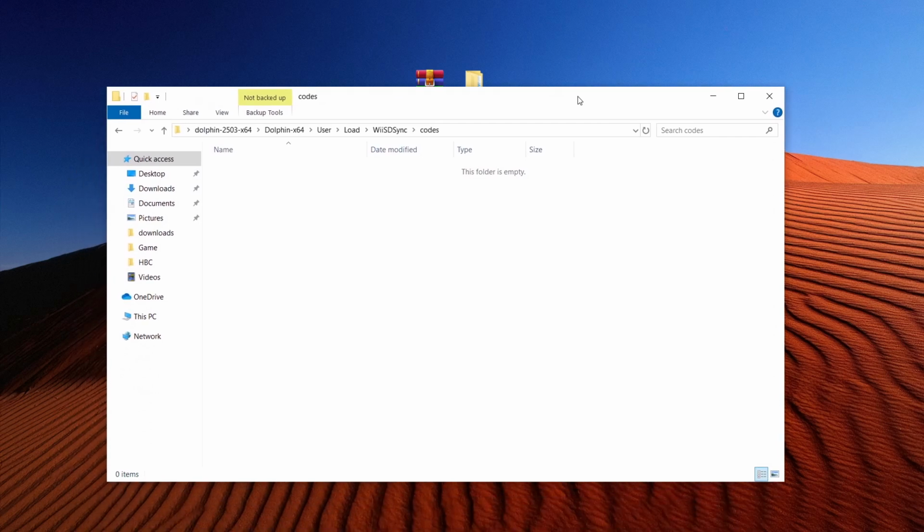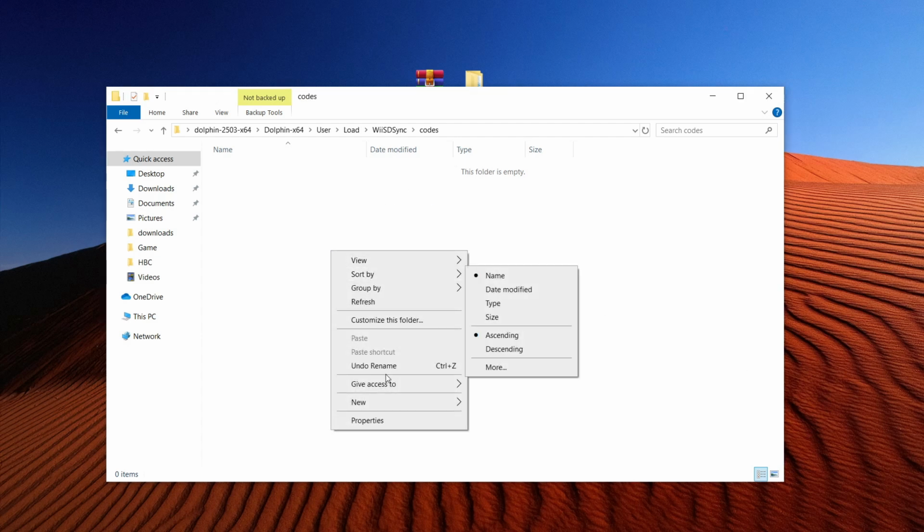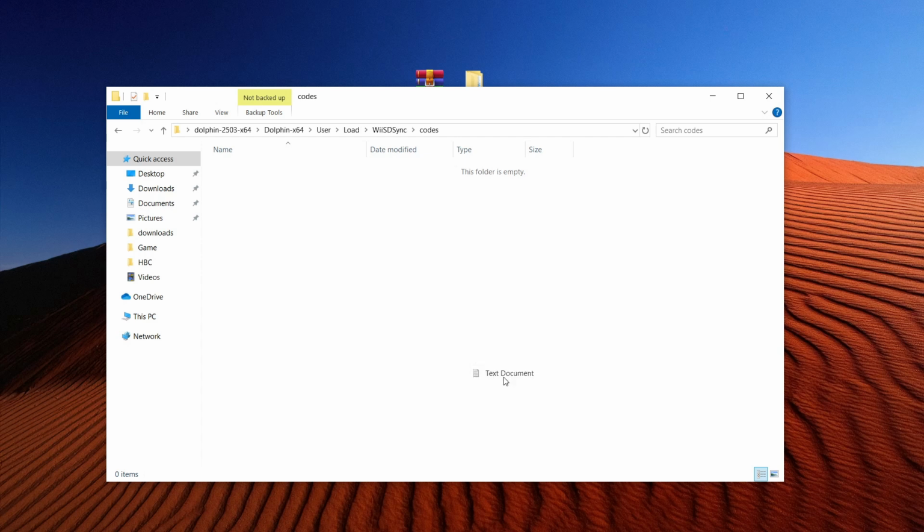But the first thing that we're going to do, and again, this will be a copy paste in the description, is we're going to first make inside of here a text file, and you're going to call this